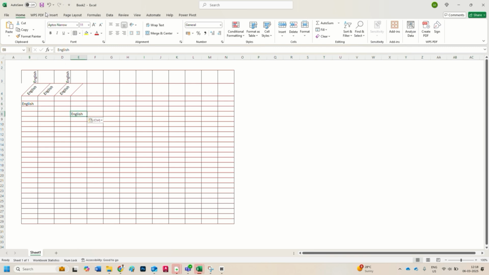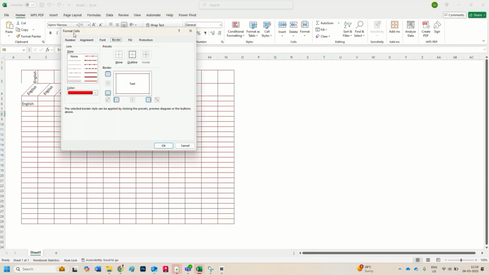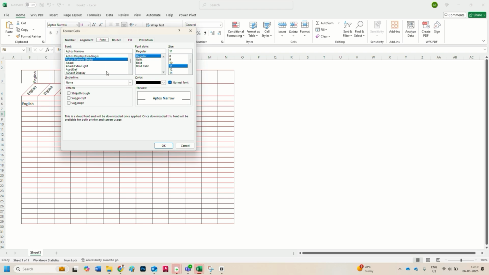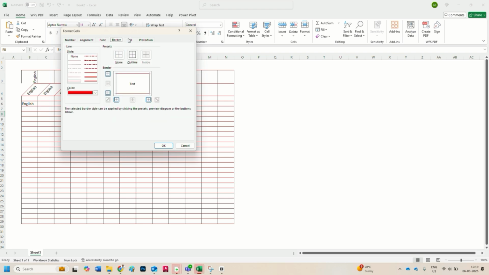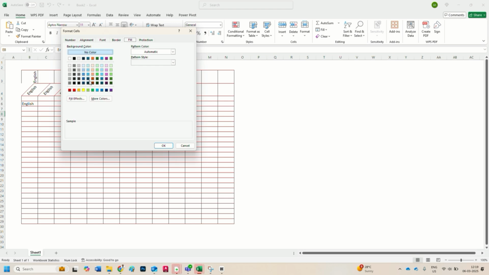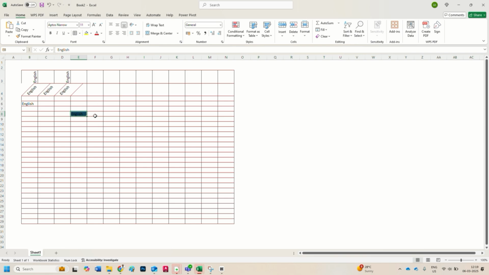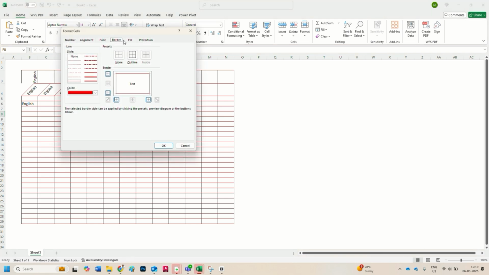Again go to border, font, if you want, you can change the font from here also. Border we already discussed, go to fill and you can choose the color, click OK, you will get the color from here also. Again same you can